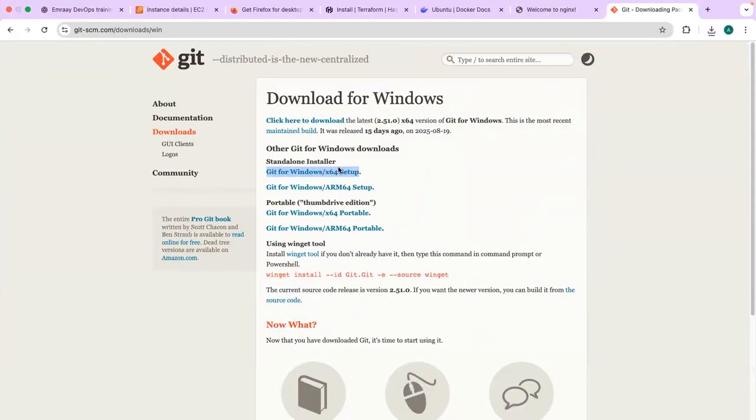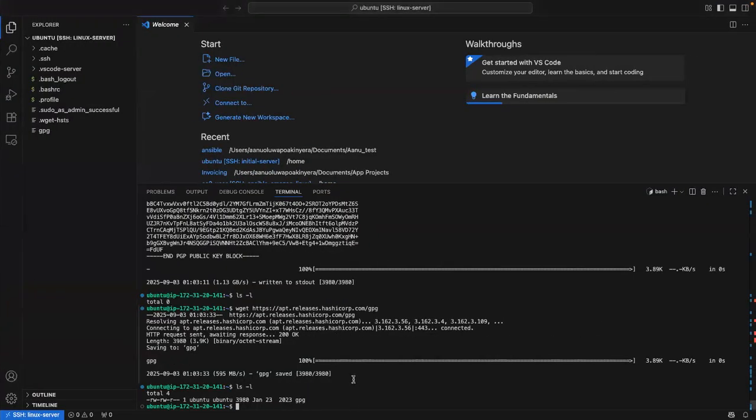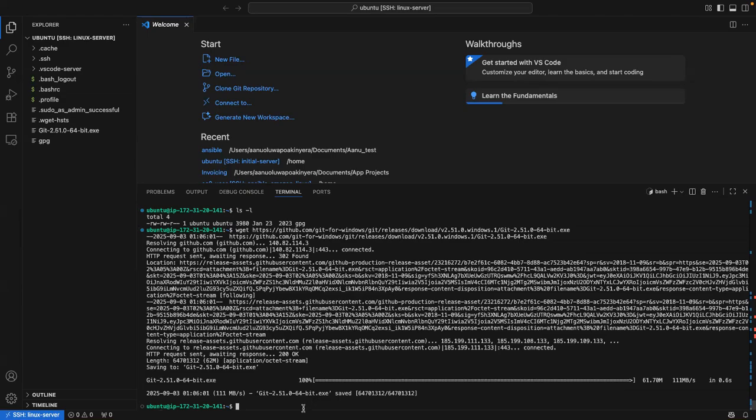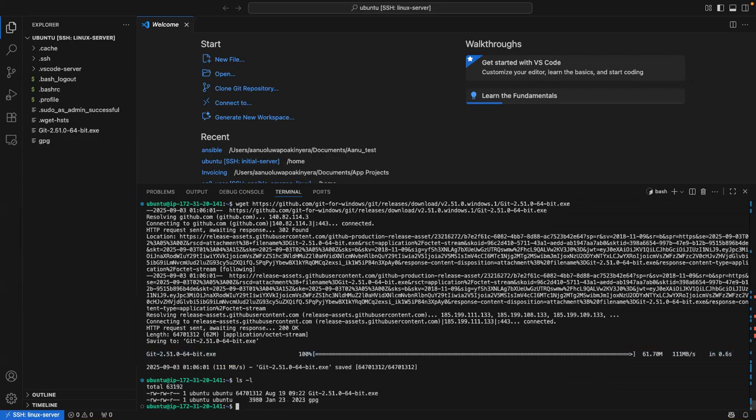I want to download that same thing on my Linux server. Although it's going to be useless because Linux does not use exe, I just want to download it so that you'll see. So the answer is wget, and I'm pasting this, and you see, 100% it has downloaded it. If I do ls -l, I have downloaded it. Just as it downloaded in my downloads folder, I have downloaded it to this folder. And it is an exe file. So if I downloaded an executable file for Linux, I can now extract it and do all of those things.